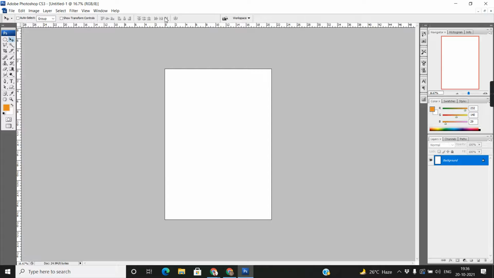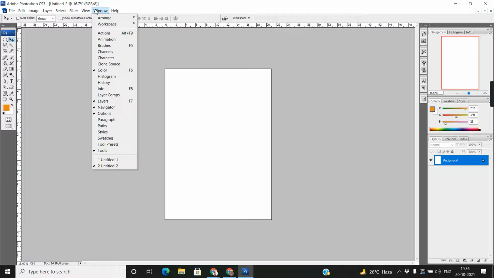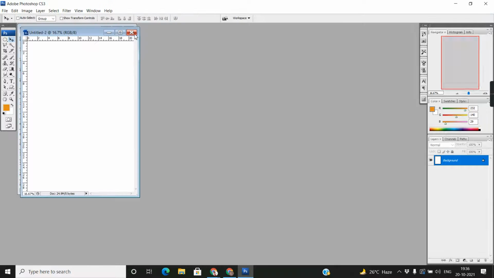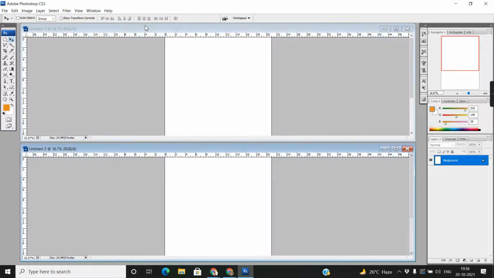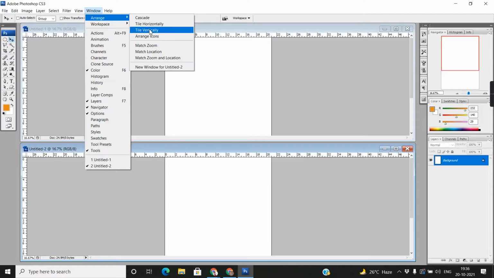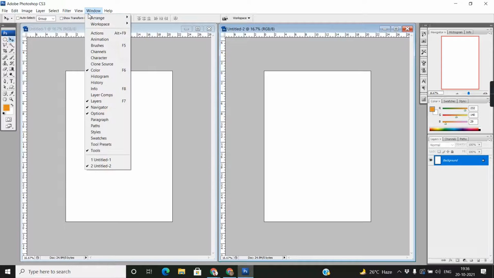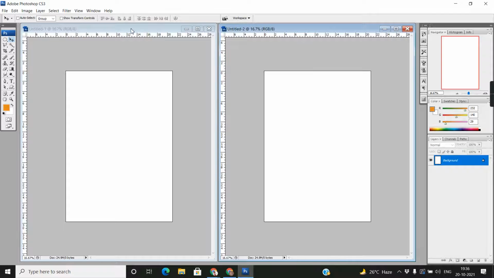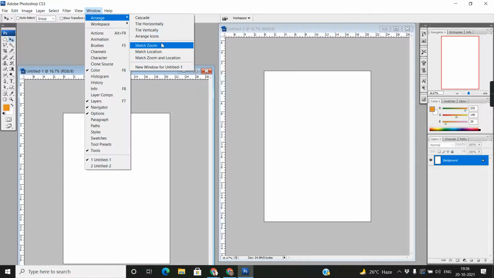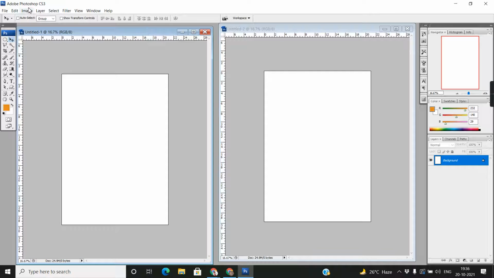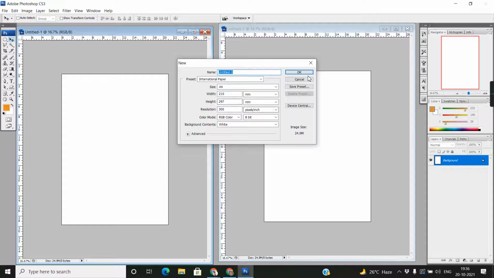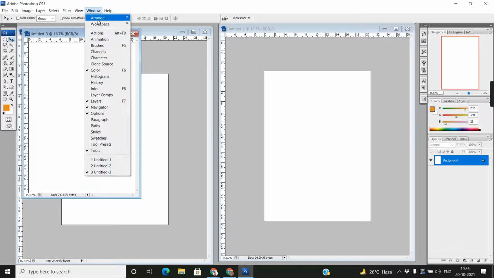And if you want to switch, Control Tab, or we have the Window menu, Arrange Cascade, or Window, Arrange, Tile Horizontal, Tile Vertical, Arrange Icons. Control N, new file.